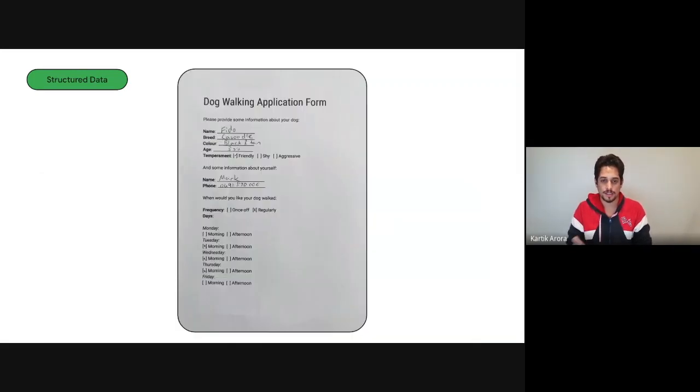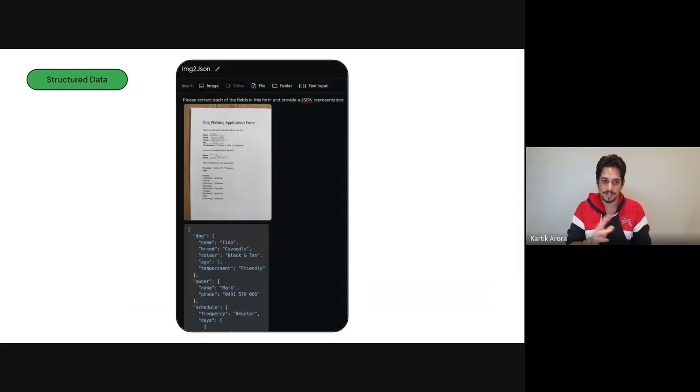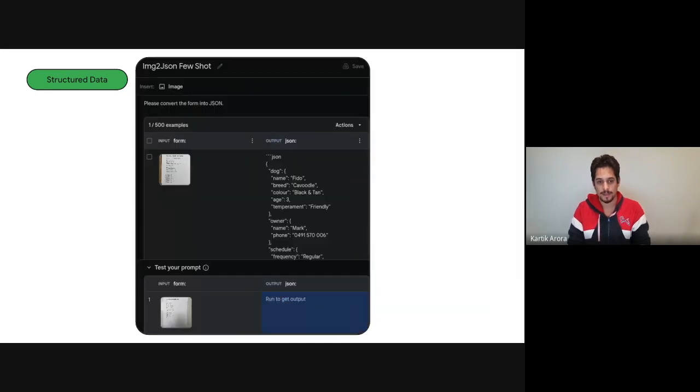The next thing is structured data extraction. Now, this is a form which has both printed characters as well as handwritten characters. And Gemini is smart enough, if you asked it to convert it to JSON, it will capture all of those details and give you a structured JSON. Now, in this case, it has just given you some format or some schema of JSON. But if you start doing one shot, few shot prompting in this case, which is text based conditioning, you can ask it to give you a particular structure as well. And Gemini is great at that. Gemini is great at understanding code that way.